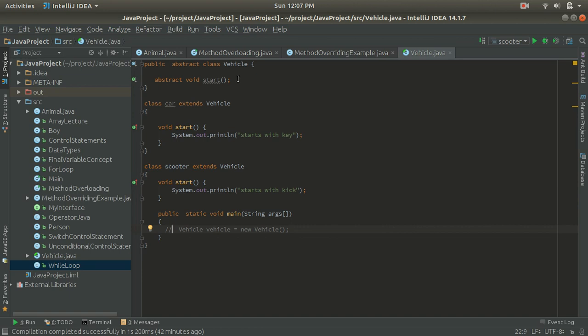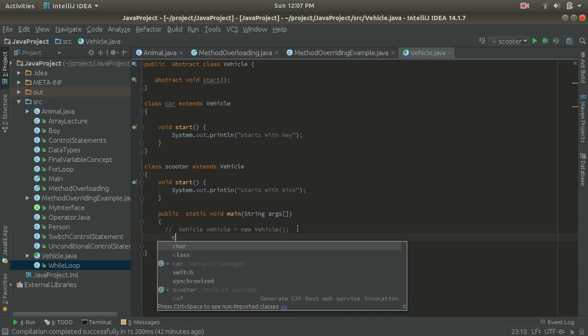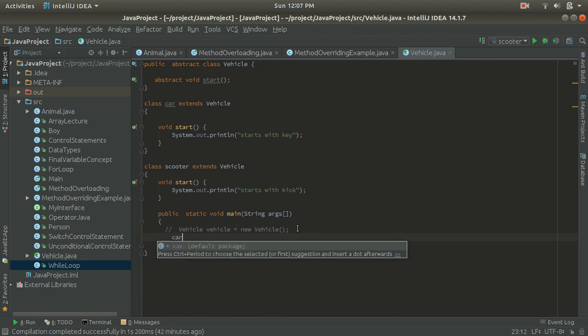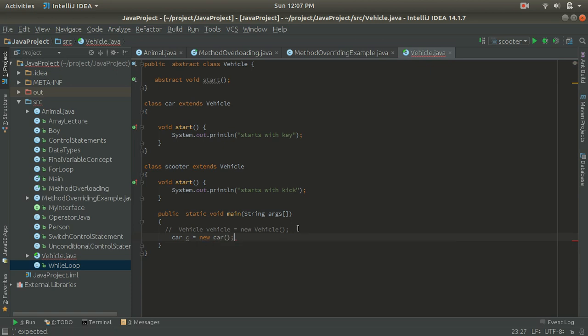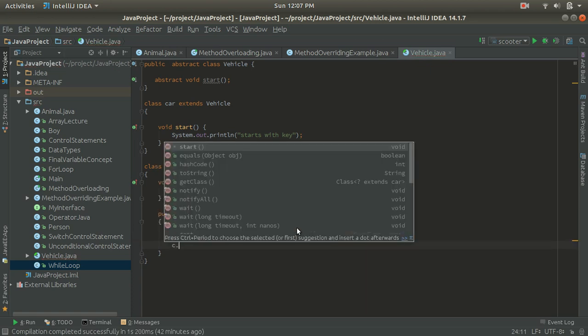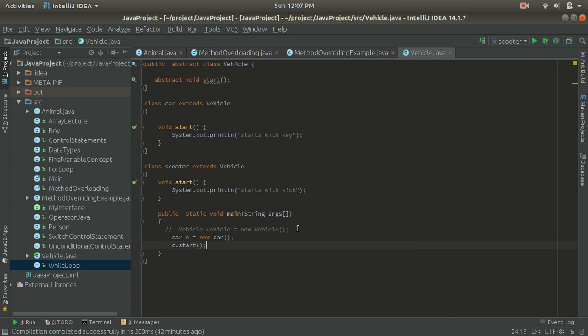Now what I will do is create a Car class object, and I am going to call the start method of the Car class with the object of the Car class.